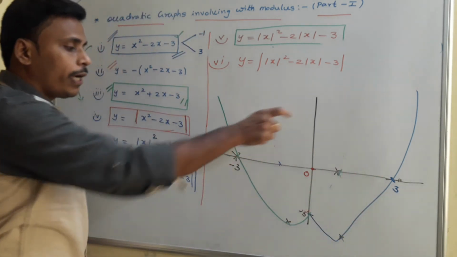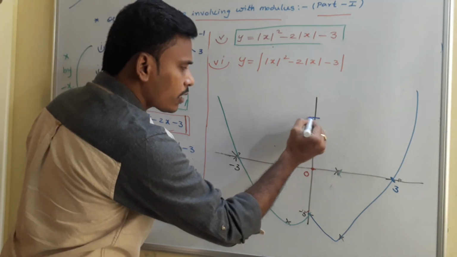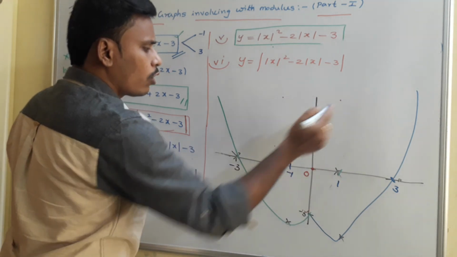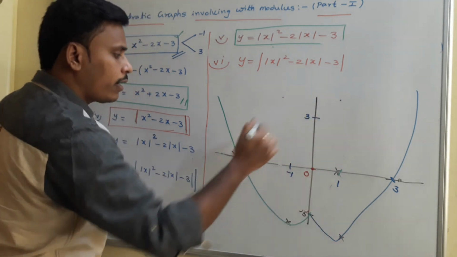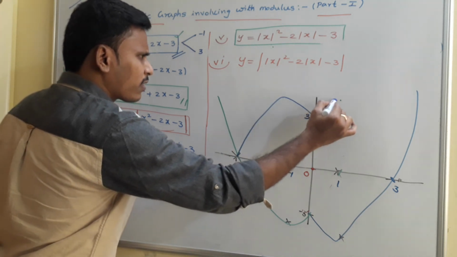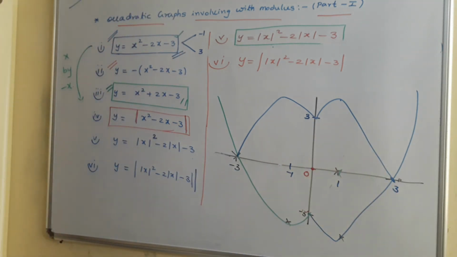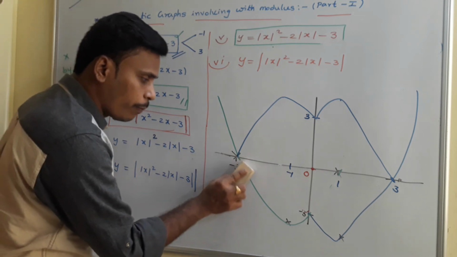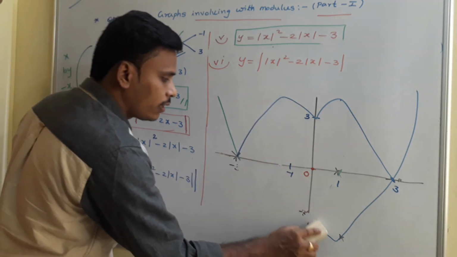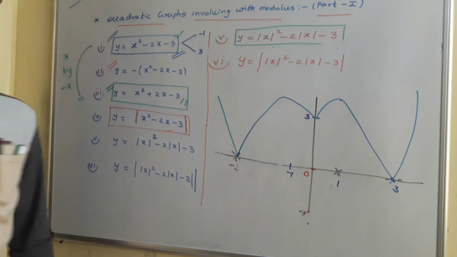You need to flip it in such a way, and for that you just identify 3 here, and this is minus 1 and this is 1. You just identify 2 points. You just flip it, then the graph will be like this. This is the graph of the sixth one, and you need to eliminate this because we are just flipping this negative region. This part I just flipped it like that. This part I just flipped it like that. At the end, this is the graph of the sixth one.